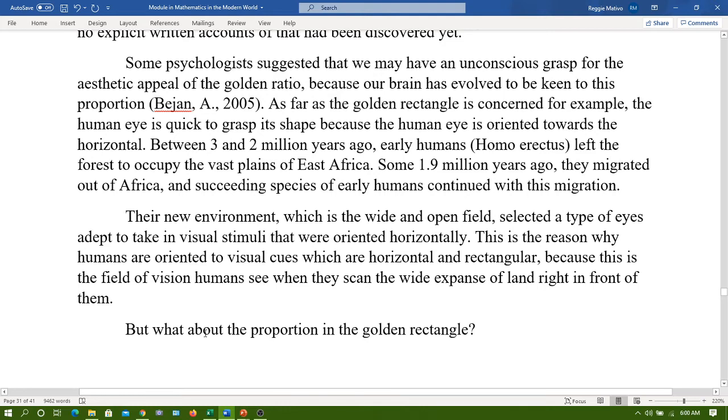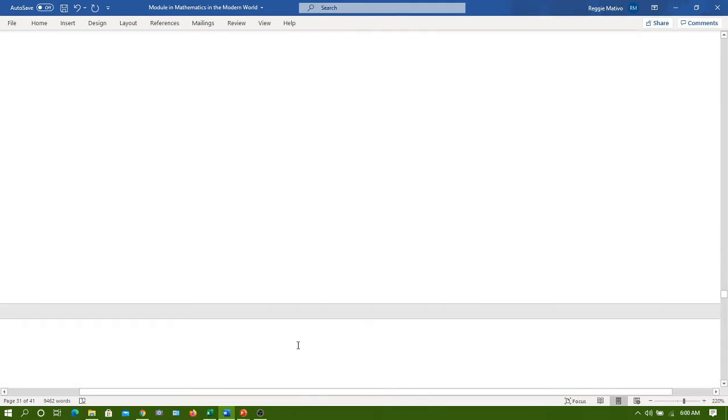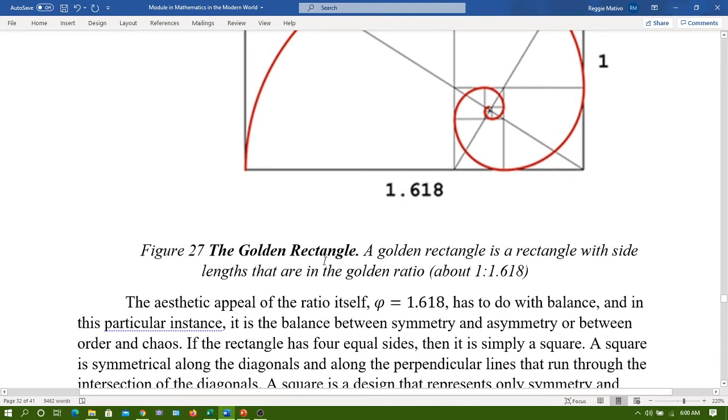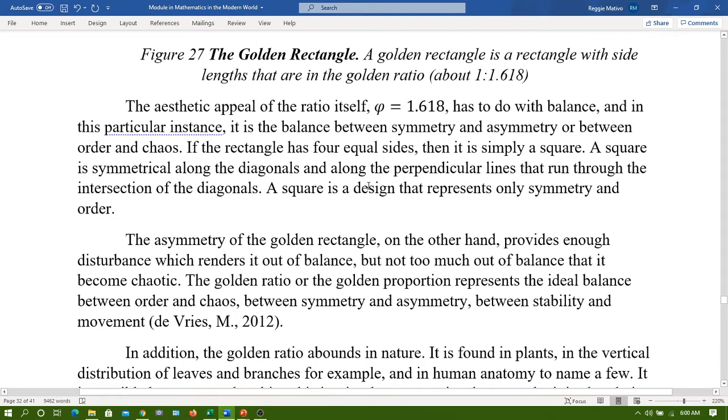But what about the proportion in the golden rectangle? This is the golden rectangle. If you notice, we can also see the outline of the Fibonacci sequence, and this is the Fibonacci spiral. And if you notice, there is the golden ratio, 1.618. So the golden rectangle is a rectangle with side lengths that are in the golden ratio 1 is to